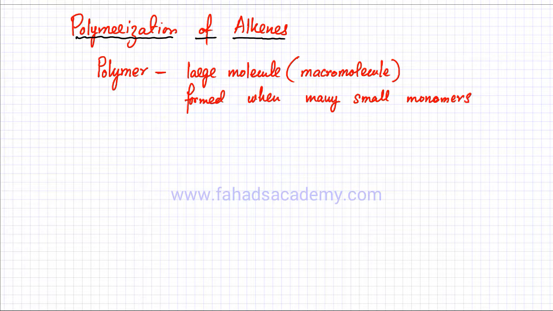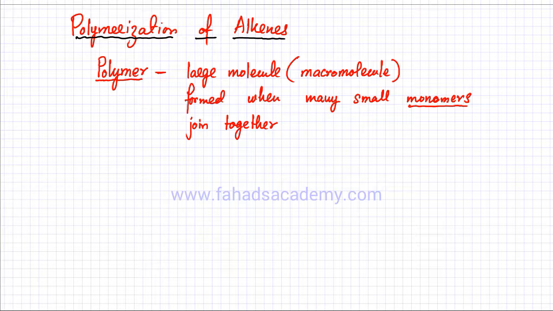Now, what is meant by the term monomer is a small molecule or a small unit. So a polymer is formed when many small monomers join together. So basically, a monomer is a small single unit, a small molecule. A polymer is when many monomers join together and they form a very large